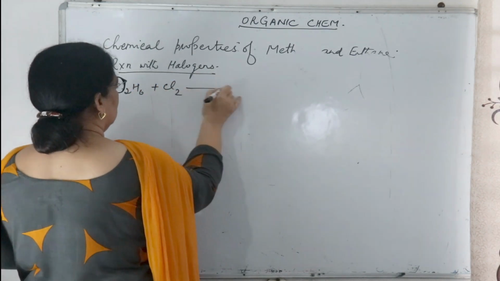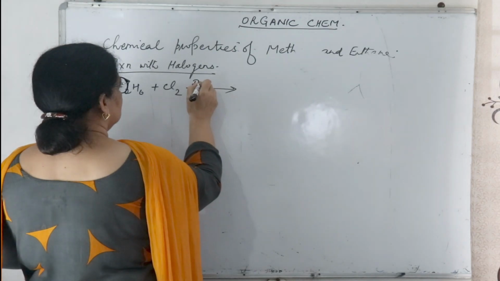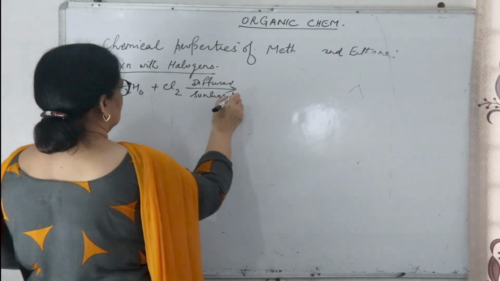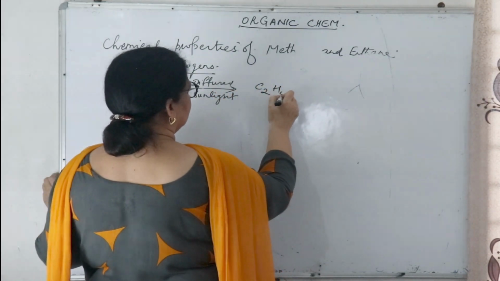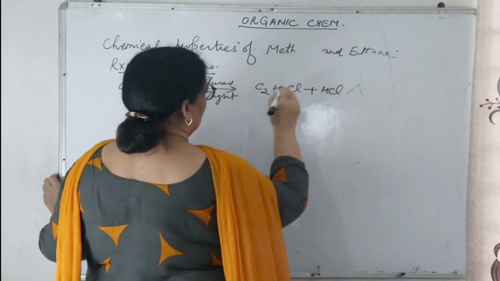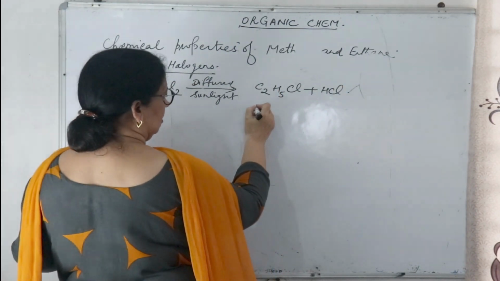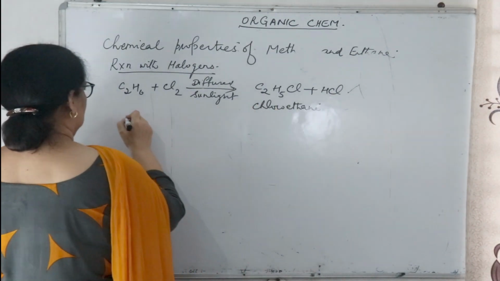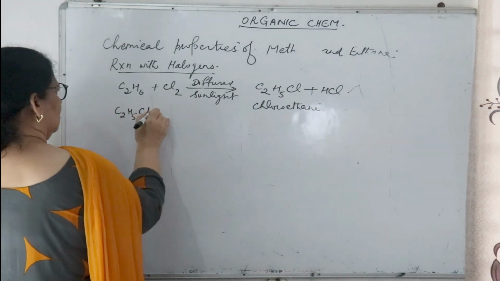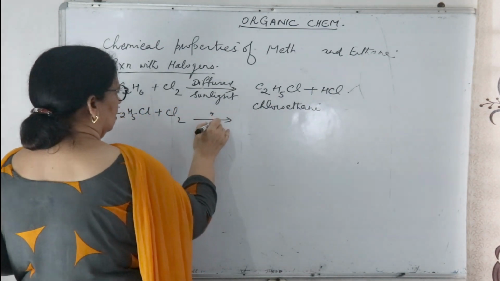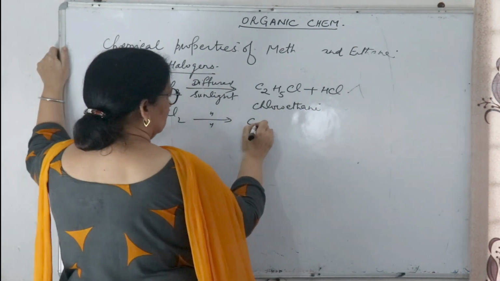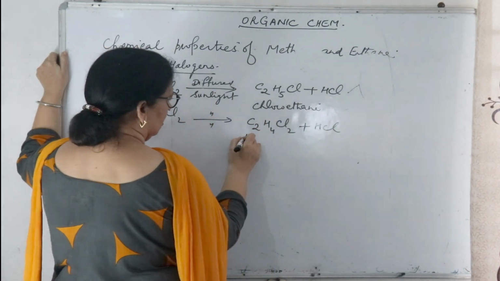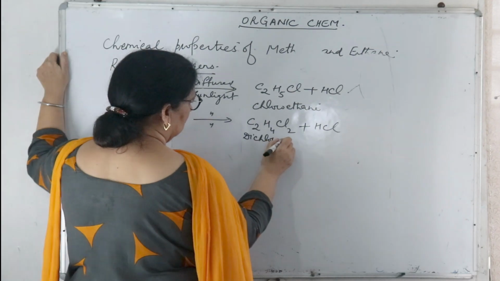Ethane plus Cl2, and in the presence of diffuse sunlight, that will give C2H5Cl plus HCl, and this C2H5Cl is called chloroethane. Now take this chloroethane plus Cl2 in the presence of diffuse sunlight, C2H4Cl2 plus HCl. This is dichloroethane,